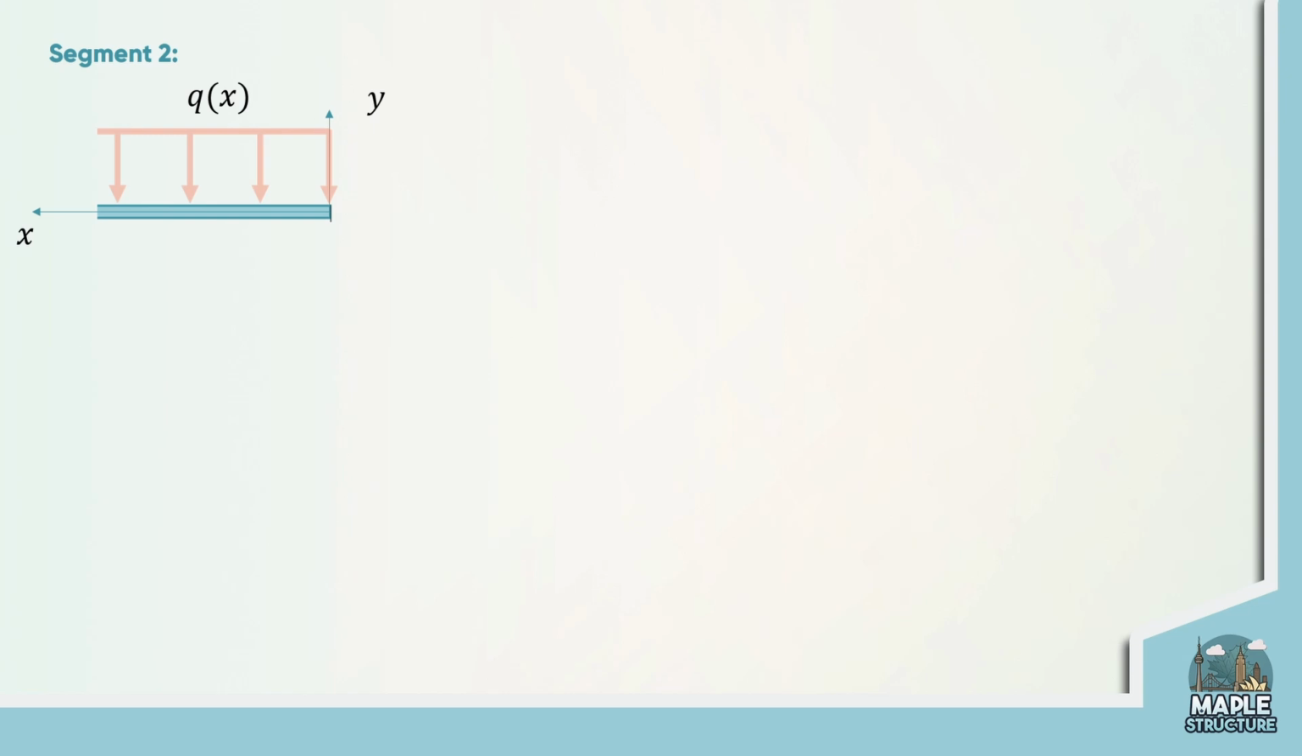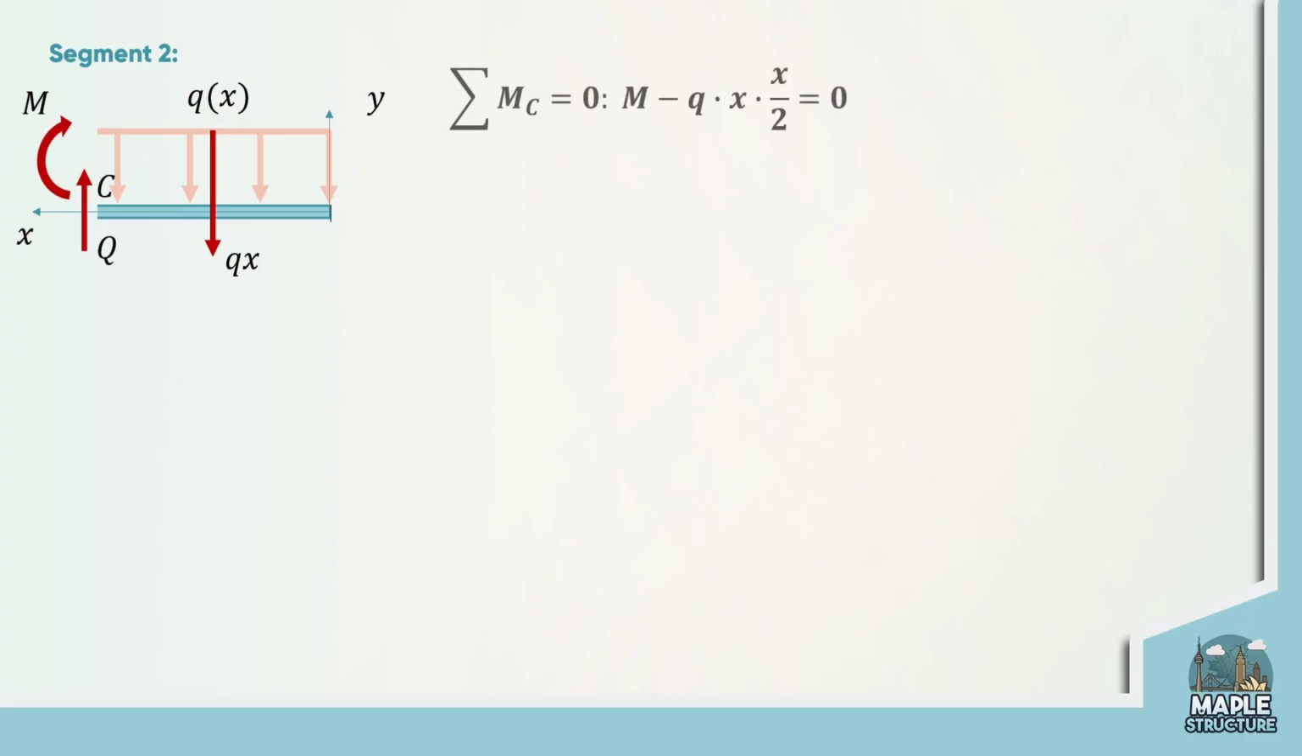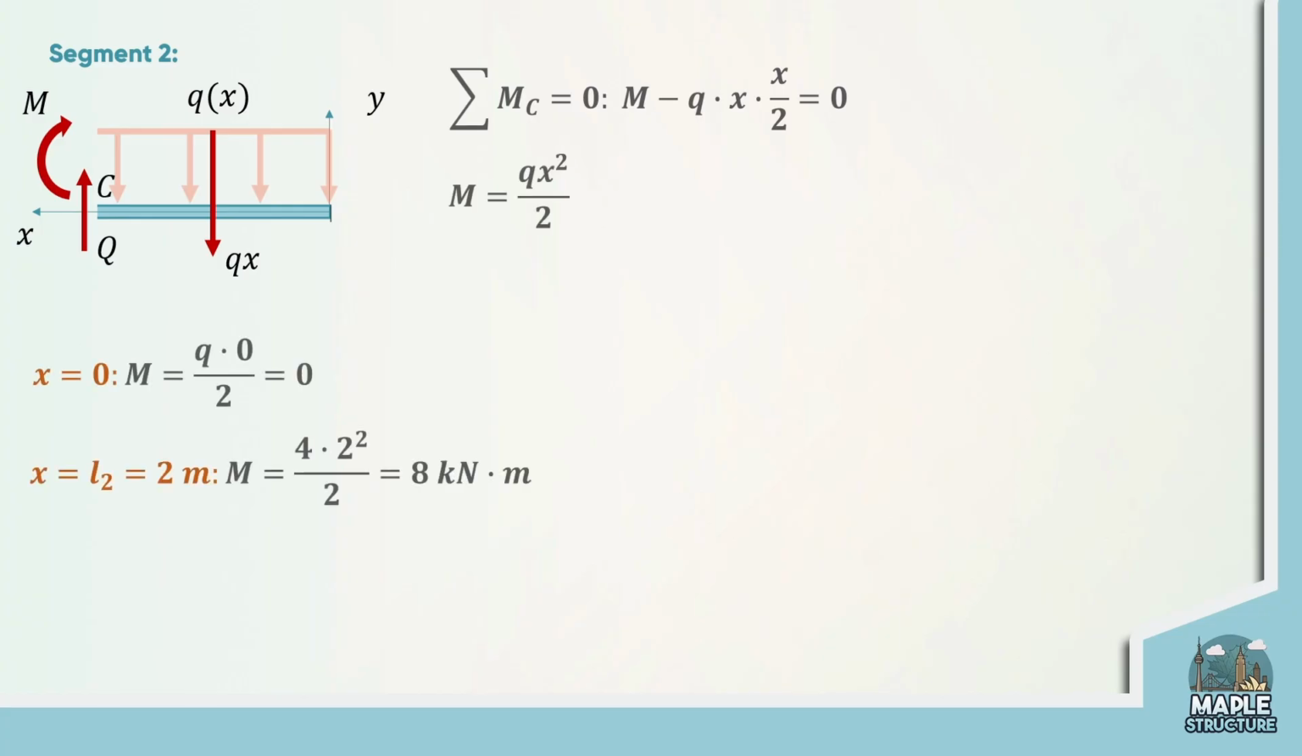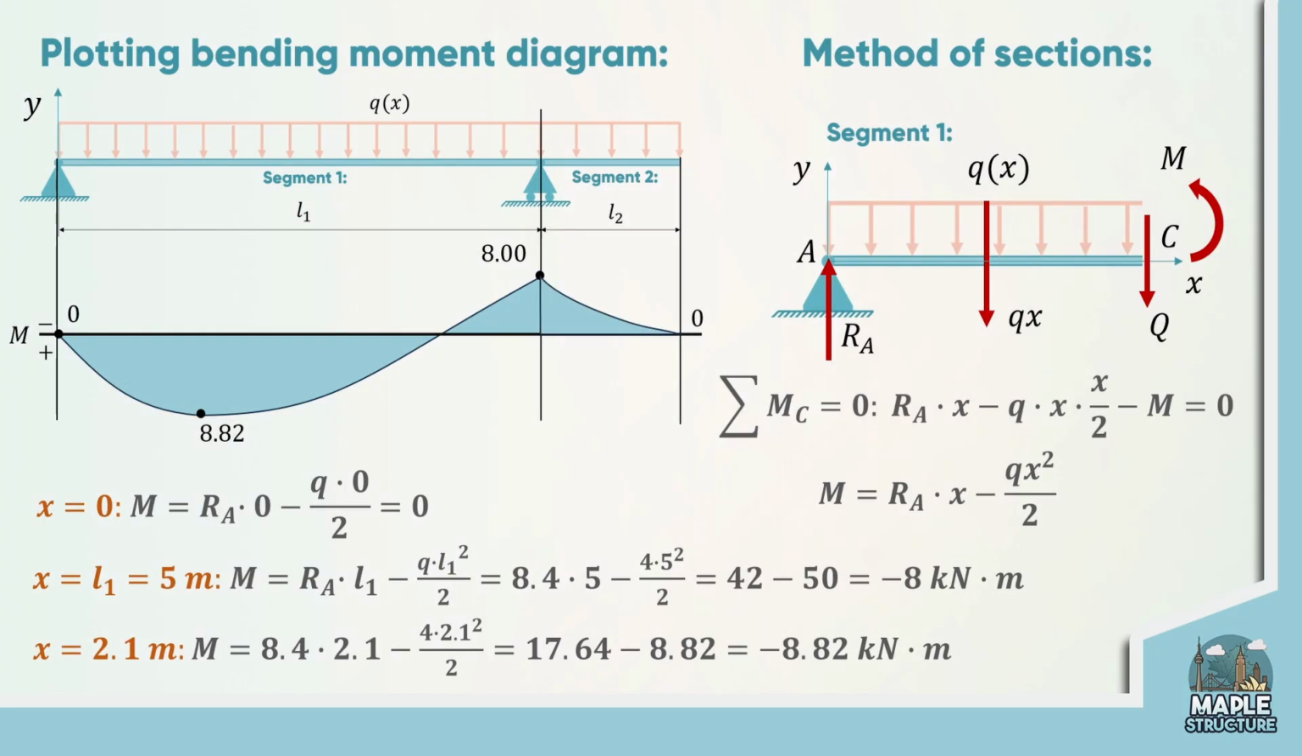So the things are simpler with segment number 2. Here we also consider the cut point is the point C and sum all the moments about this point. After writing the equation, we have to put here two values of x, 0 and 2 meters, and then we can easily plot the rest of the diagram. But do not forget about the shape of the bending moment diagram. As you remember, the bending moment equation is also quadratic, so it simply means we have to connect these 2